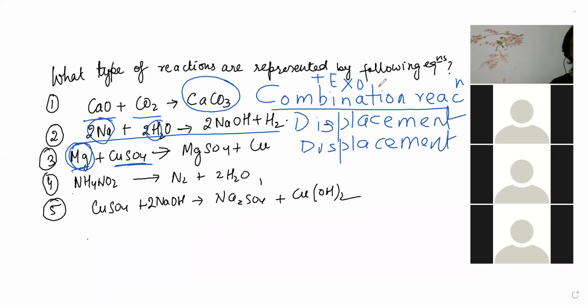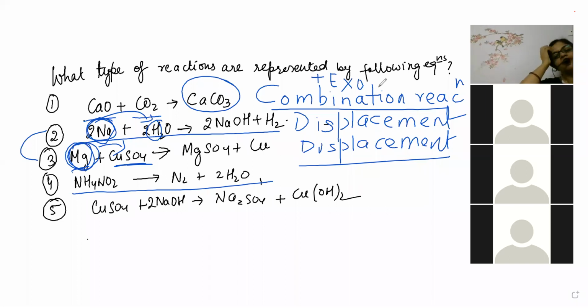Now, the third one is exactly what type of reaction? The third one is displacement because look here, what is common between second and third? Both have a metal, and the metal is reacting with a compound and displacing. So only one metal plus compound means it is 100% a case of displacement. Don't confuse it with double displacement. Very good. Ajay has given exothermic reaction, correct answer, Rahul, because I think he's giving the answer for the first one. That is absolutely correct. Now, the fourth answer.